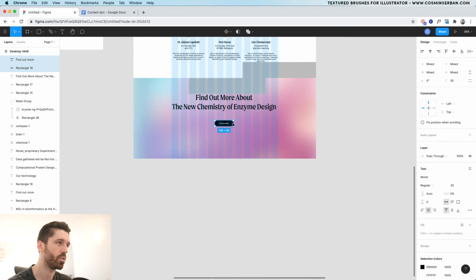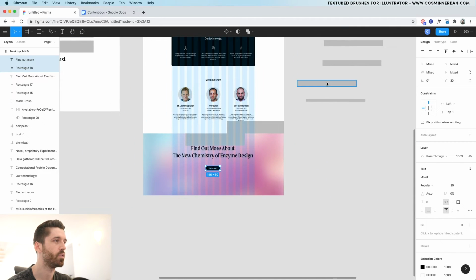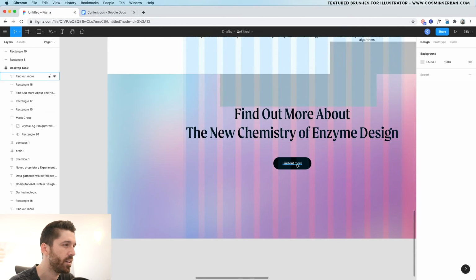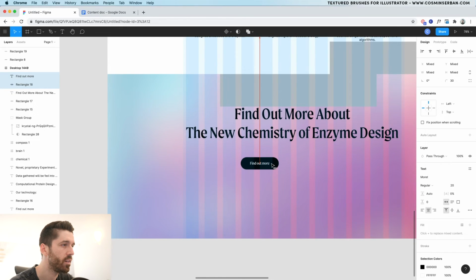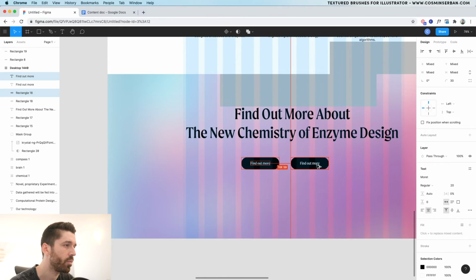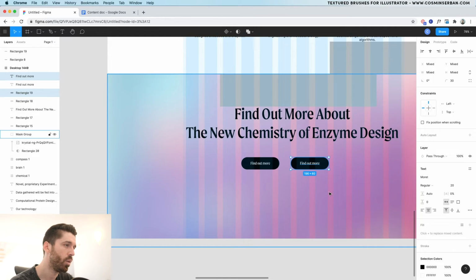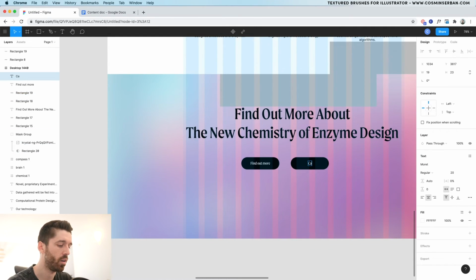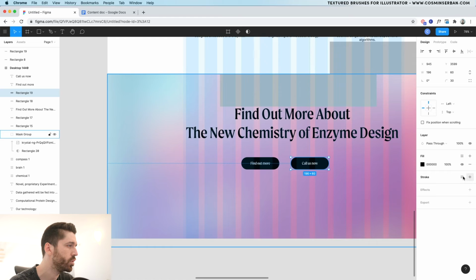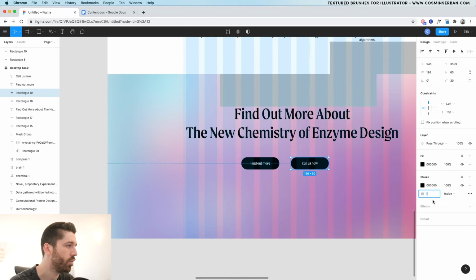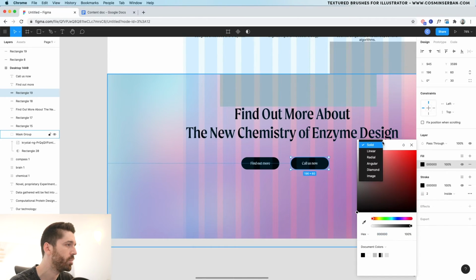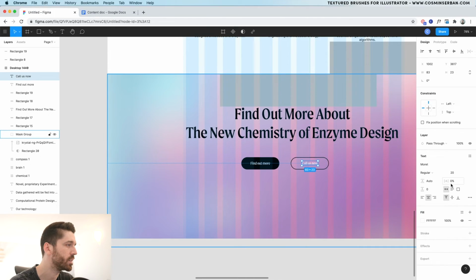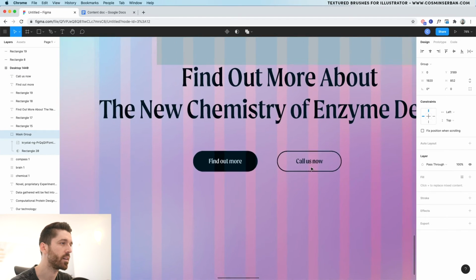I'm not sure what I'm going to place there, maybe 80 pixels in between, and also have a secondary button. Make sure that they're centered. I'm going to use it here. Then I'm going to make a secondary button, which is probably going to be "Call us." For this one, I'm just going to use a stroked outline of 2 pixels with an empty fill. Select the copy, just because it's white, you're going to need to make it black, and this is the secondary button.